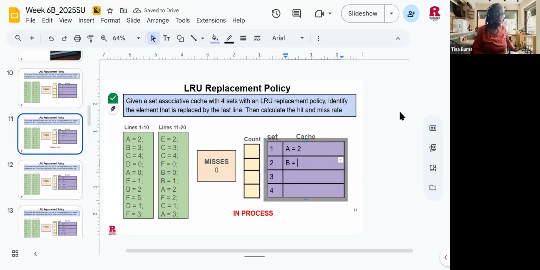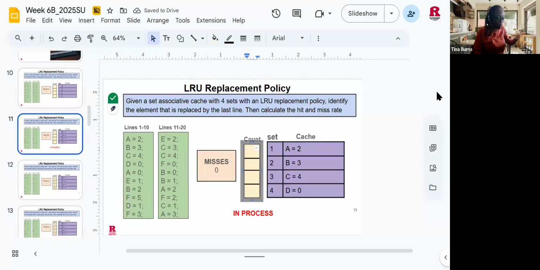B is equal to 3. C is equal to 4. D is equal to 0. Now, one way you can do this, if you're dealing with an LRU, and you guys can choose whatever way you want,